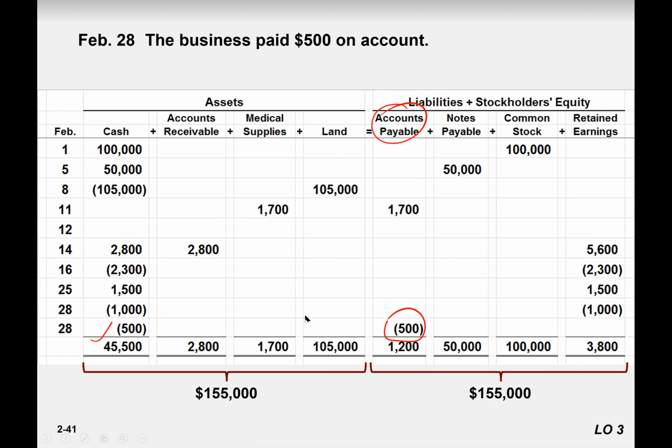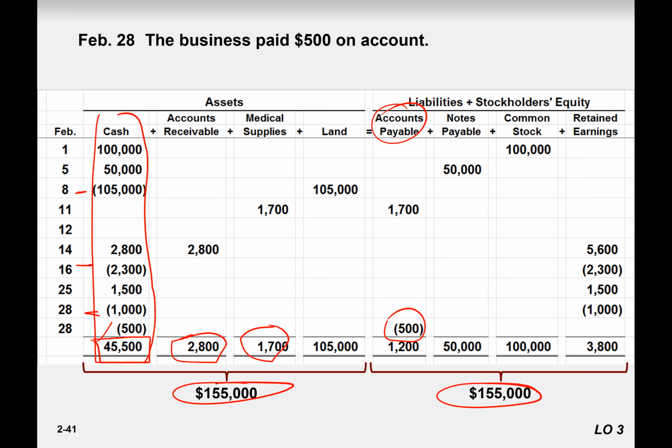So Coco, your question: if you want to find out the total account balance, here we go. Minus means you minus all these, and add. Vertically you add and subtract, and you come up with this balance, right? So the total assets must be equal to 155,000 and total liabilities must be equal to 51,200 and total common stock and owner's equity must be equal to 100,000 plus 3,800. Right? Please match your answer.